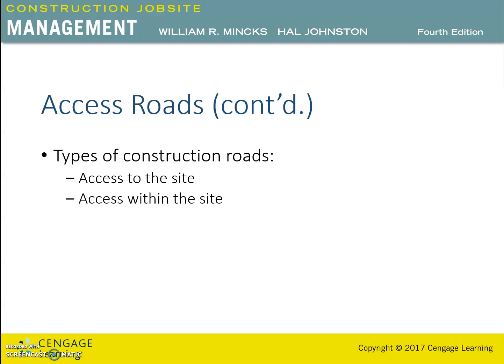Usually, the construction of these roads will be included in the construction contract. Roads need to be constructed according to the construction documents. As most access roads become public streets and roads, they must meet the road standards for the local municipality. And for the roads